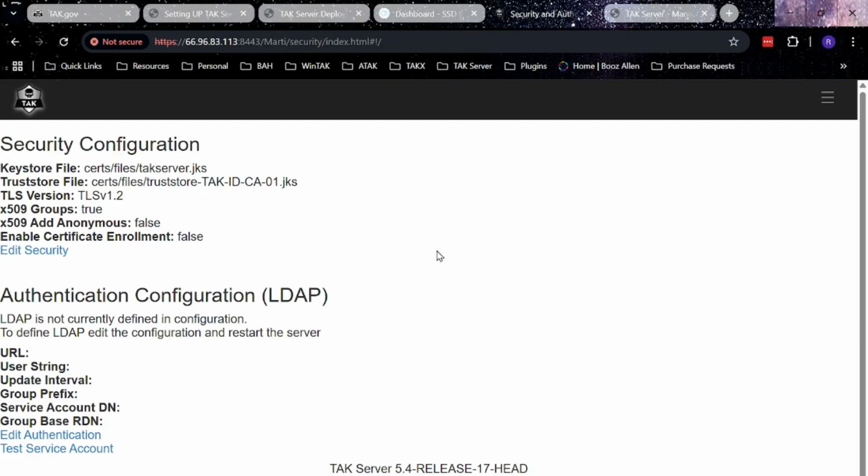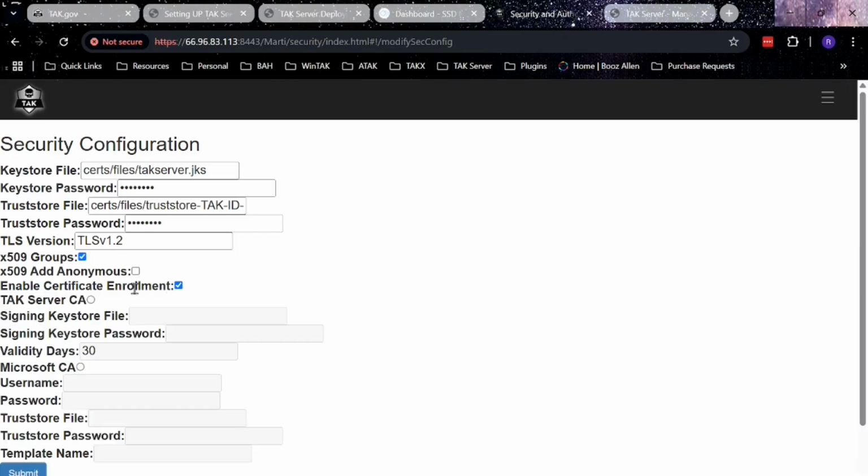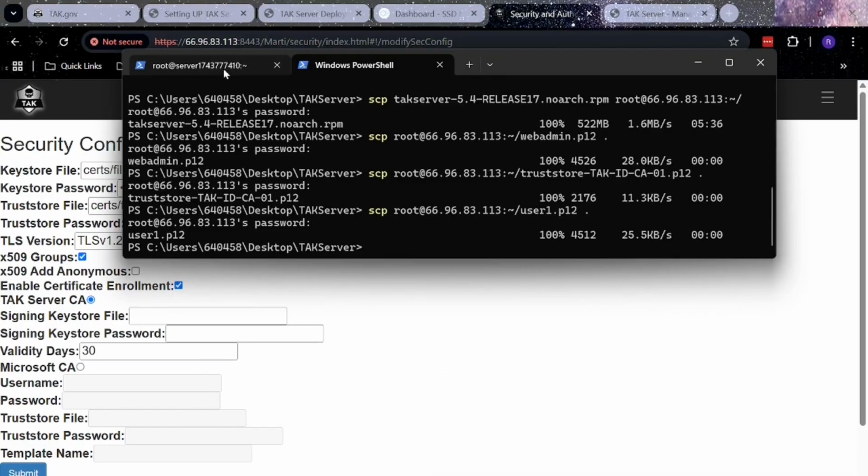In here, we're going to select Edit Security, and we're going to enable certificate enrollment. We're going to toggle on Tax Server CA, and then fill in the fields that are necessary. The signing key store file can be found by going to the terminal in your server